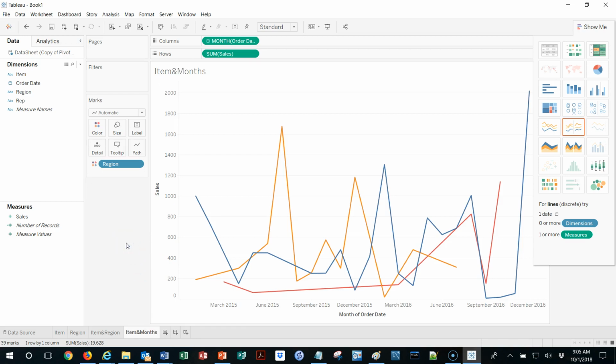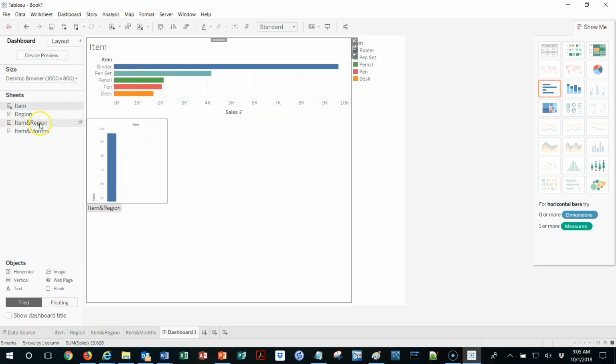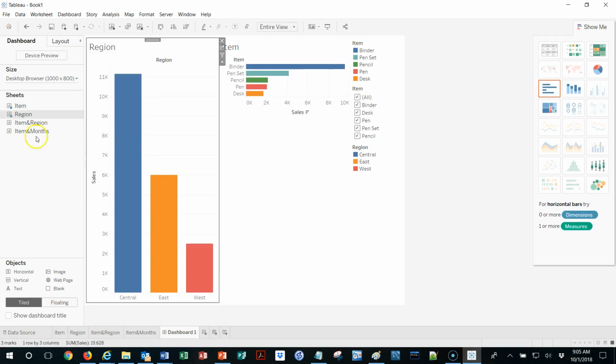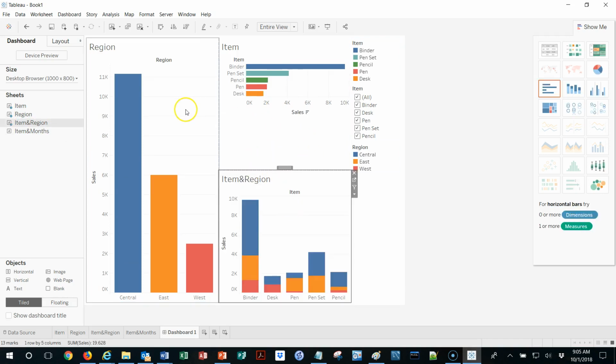So now I'm in a position to make my first dashboard. Here I've got my 4 sheets, and I can select tiled, and I can select them horizontal, and so I drag them here. Generally you can easily drag 2 or 3 more, it becomes more messy. So I've got now 3. Generally 4 is not possible, 3 is what works best,